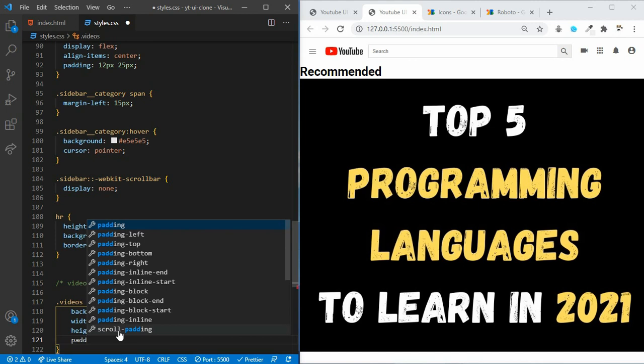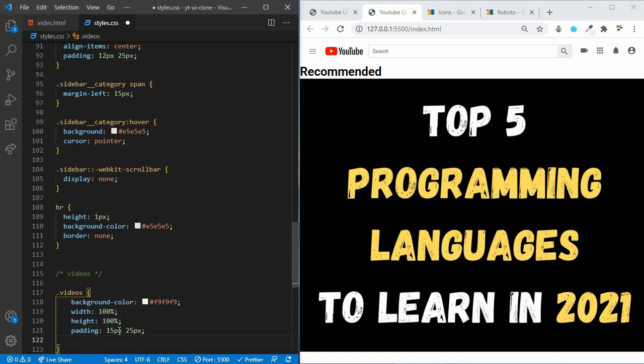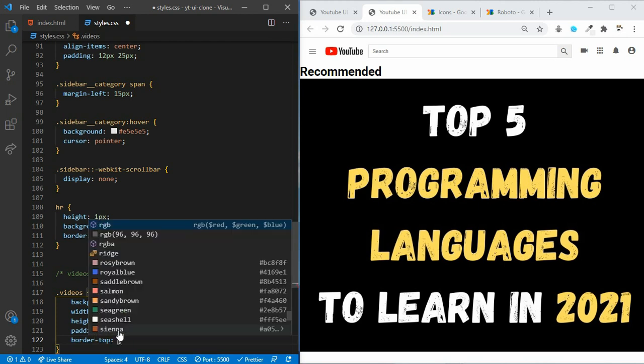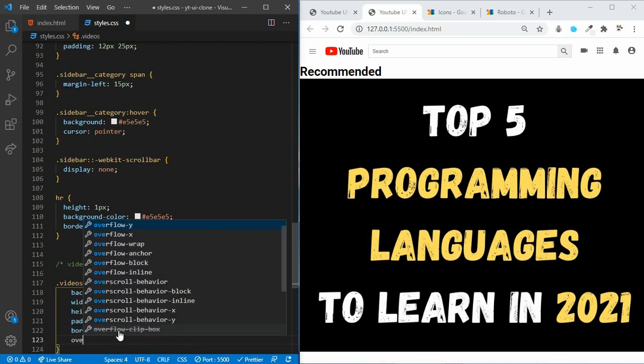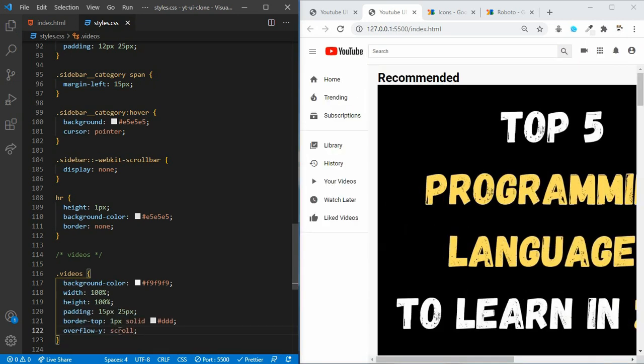Let's say padding to 15 pixels and 25 pixels. And let's also say border top 1 pixel, solid, this one, and overflow to scroll. Let's save and check.